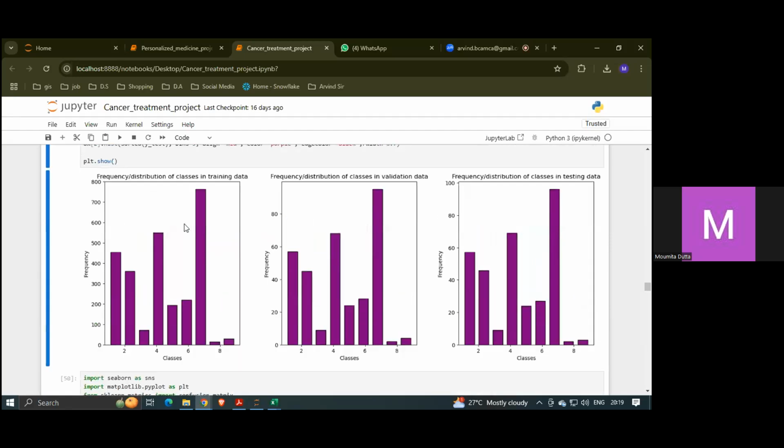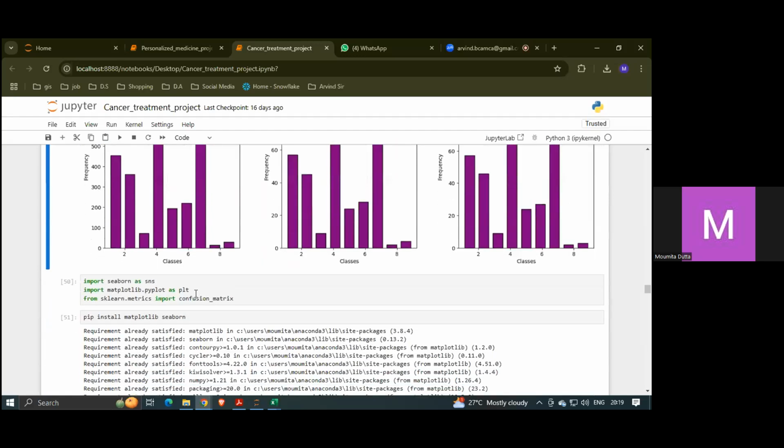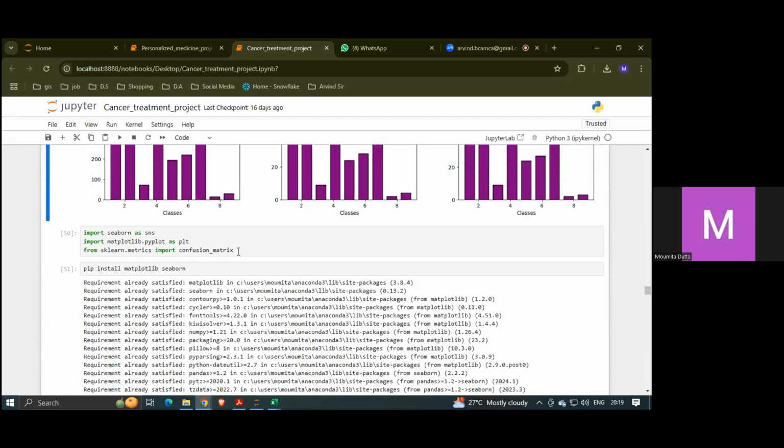So, okay, this is the training data, this is the validation data, this is the testing data. After splitting the data, we have three data sets now. Okay. Now we have to do some